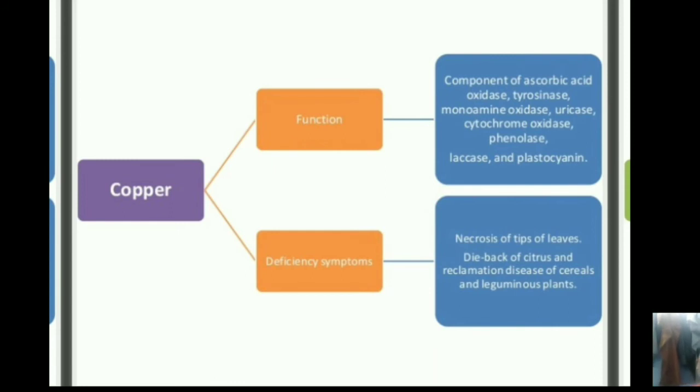So these are the chief constituents of these particular substrates. And when we see the deficiency symptoms of copper, necrosis of tips of leaves is observed. The dieback of citrus and reclamation disease of cereals and leguminous plants are observed due to copper